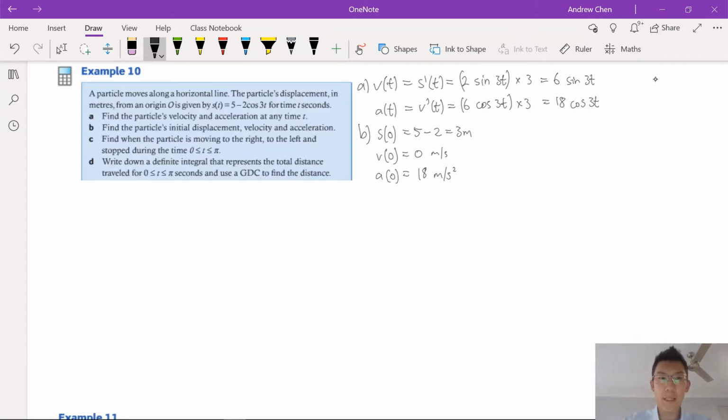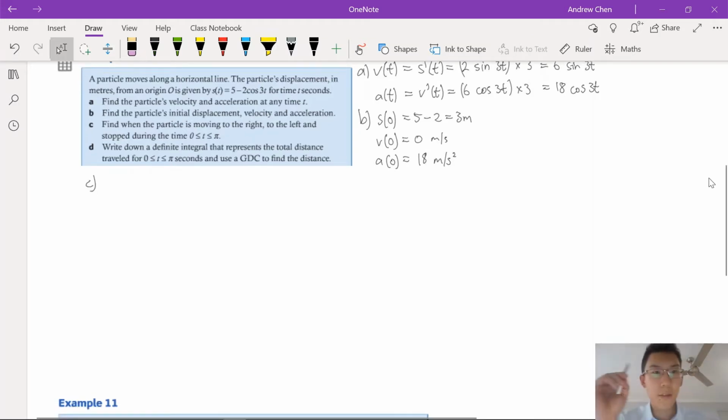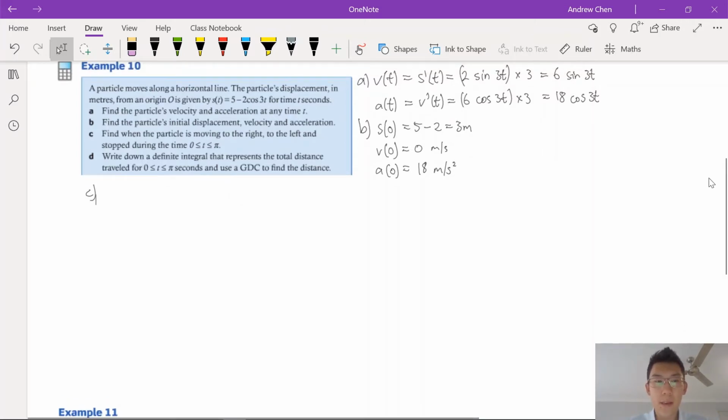All right, let's continue. Okay, let's have a look at C. Find when the particle is moving to the right, to the left, and stopped during the time from 0 to pi. Okay, so this one gets a little bit tricky, but we can do it by hand. But since we can use a calculator, let's just graph this function and think about the function that you're going to graph, right? So we should graph the velocity function here because